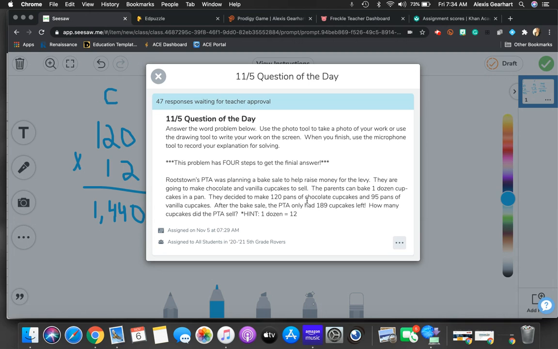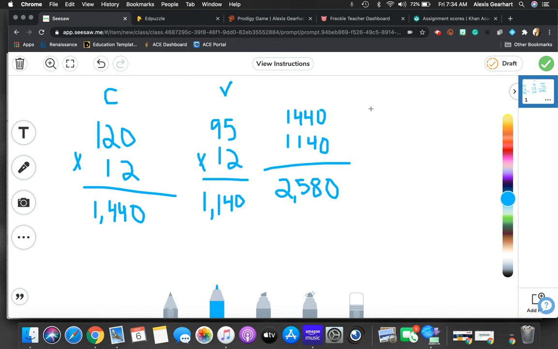the problem tells us that the PTA had 189 cupcakes left, so we need to figure out how many they sold. So if we know they started out with 2,580, we need to subtract something from that to figure out the number sold. So 2,580 minus